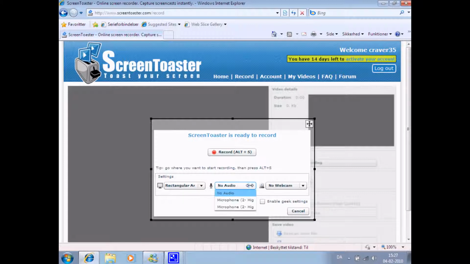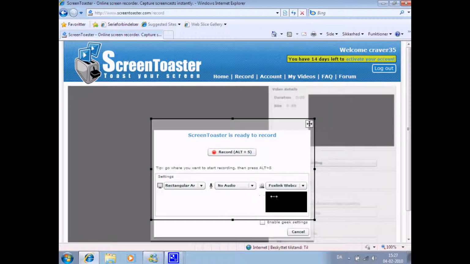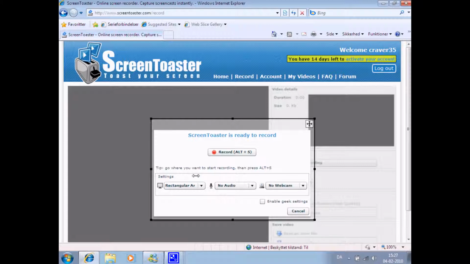Okay, and you can see audio. Choose your microphone, and there's also webcam. So you can just press your webcam, and it will show you whatever you want on your webcam, and then you can press enable geek settings.